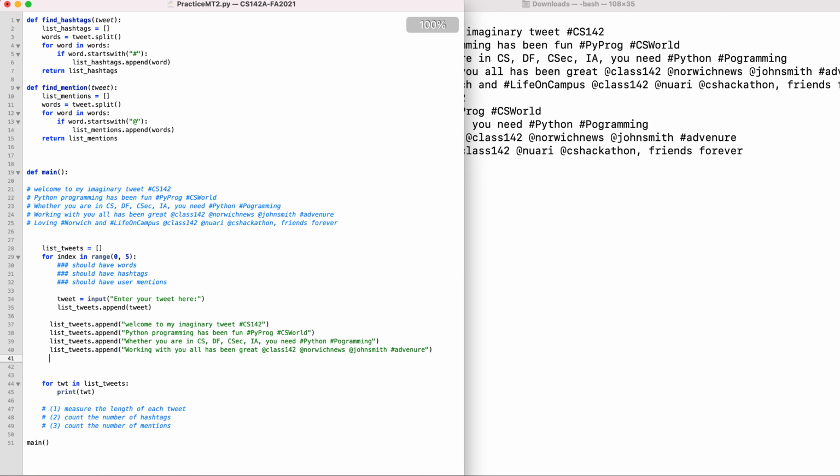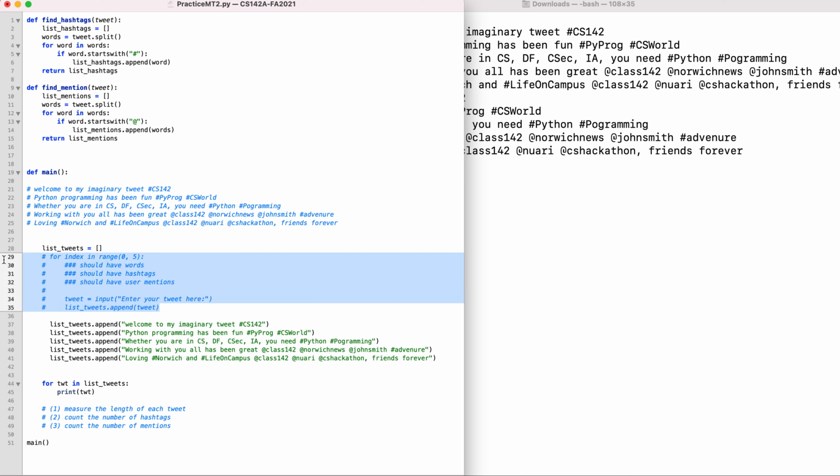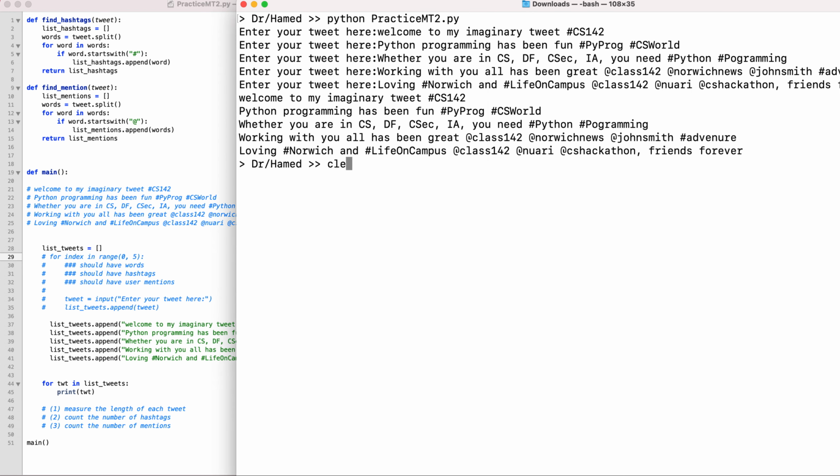I can make it smaller, and you will forgive me if this is too small, but it's necessary because we need to make sure that we put everything on one line so you would see it all. So now we have a list of those guys. I'm going to retire this part here. This is the part that I retire. Now if I actually run this, I'm not gonna worry about entering these tweets again. Now let me clear the screen here,